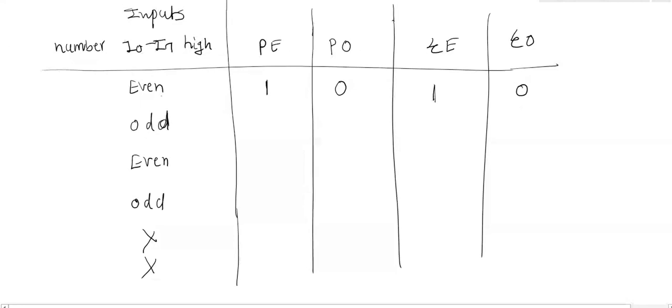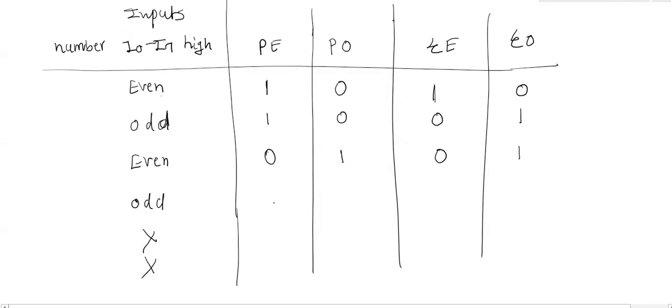Similarly, if I0 to I7 have an odd number of ones, the even parity bit is set to 1 and the odd parity bit is set to 0, then the output generated is odd. Clear? Summation of O. Now similarly, if the inputs have an even number of ones, the even parity bit is 0 and the odd parity bit is 1, then the output generated is 0 and 1.